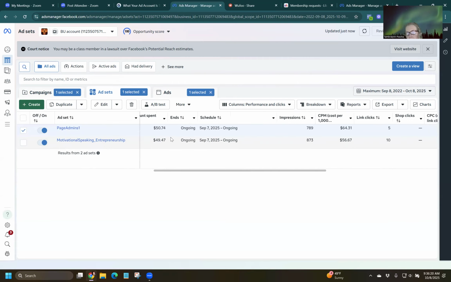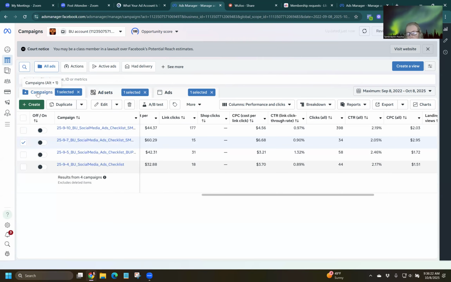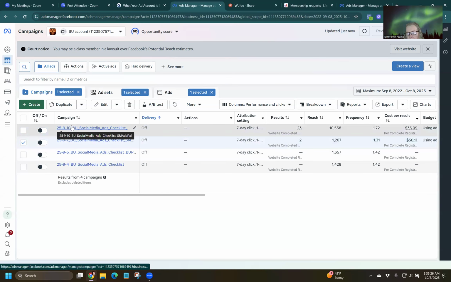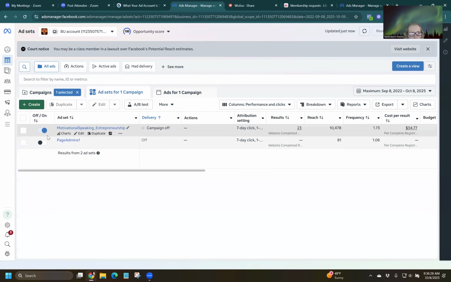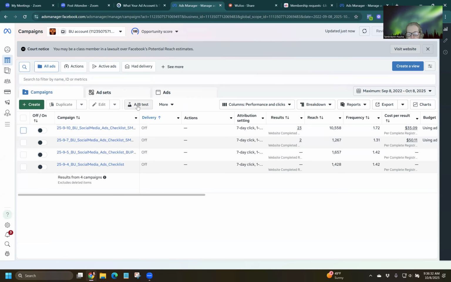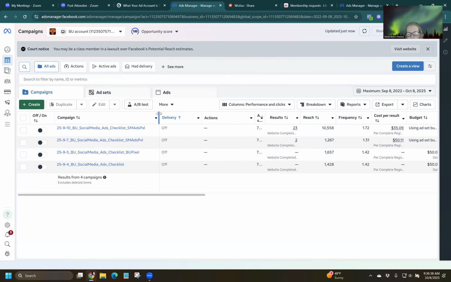I turned this campaign off, and I'm trying to remember. It's been about a month. I turned it off because I let this one go. This one was really... I'm trying to remember. It was like a year ago. So I'm trying to remember if I put that up there because the cost per lead was higher. I'm looking to see what the difference is.